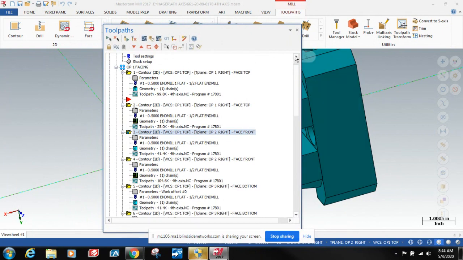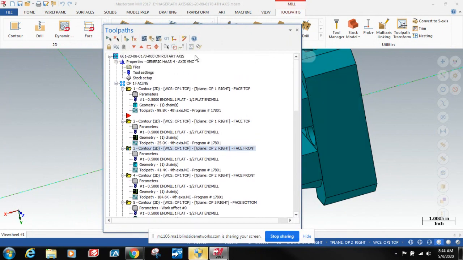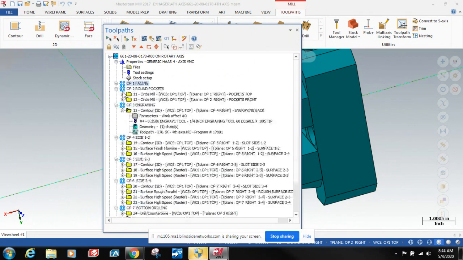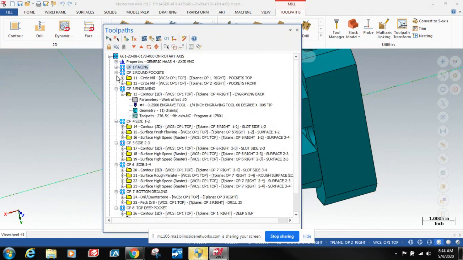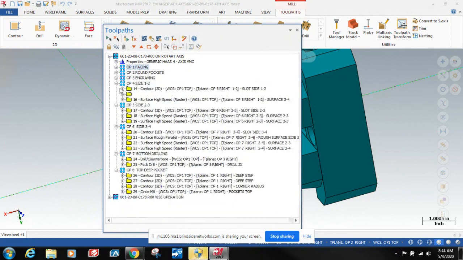So this is just one suggestion of how this could be organized. All right, so you can see up here, if we close this up, we've got